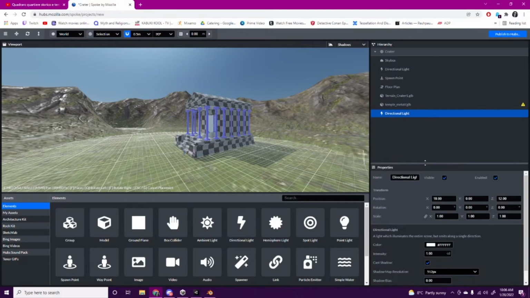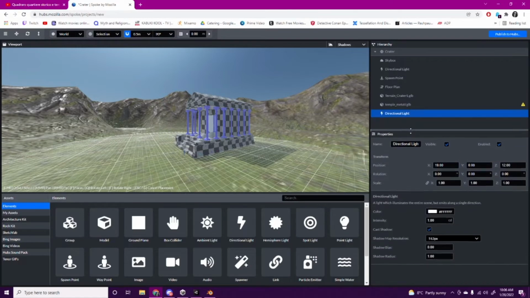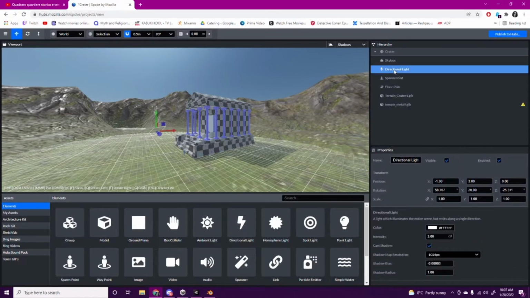Where is the hierarchy? At the top right. Yeah, the hierarchy. It's like the outliner. This one, yep. Okay. So there's your directional light. You can see that's casting that shadow. And if you change that to like a warm color,